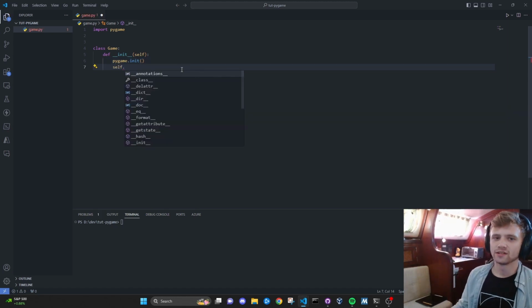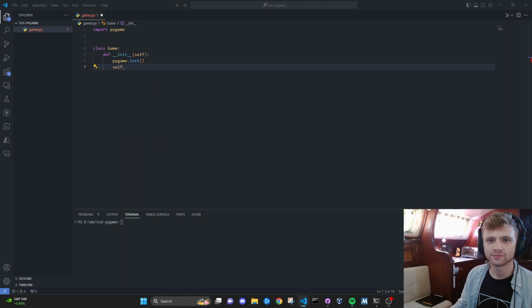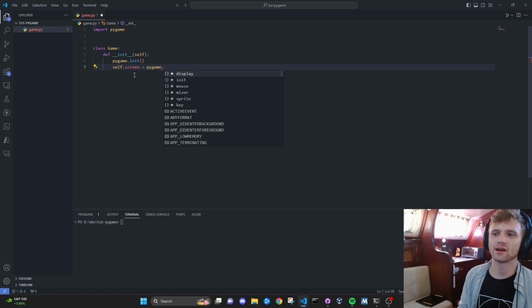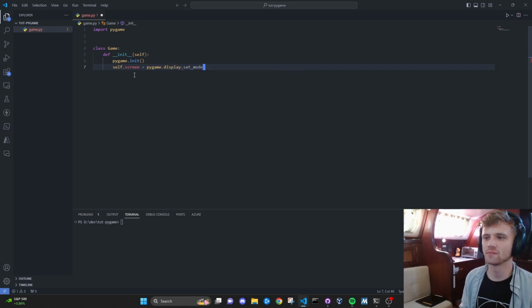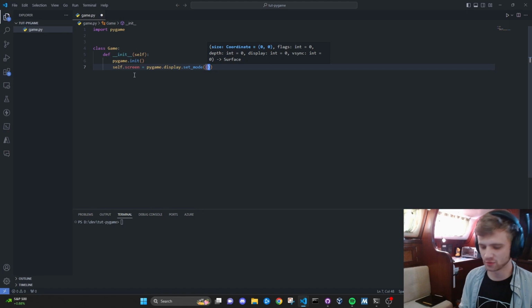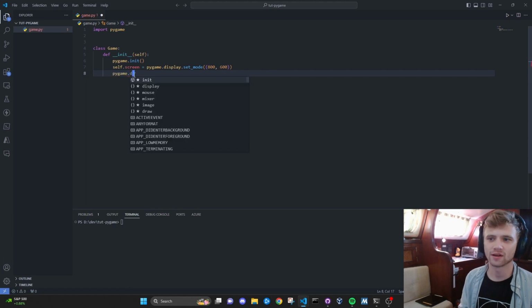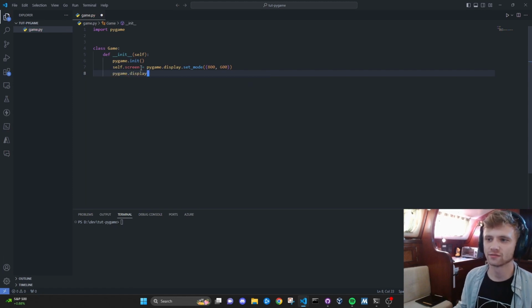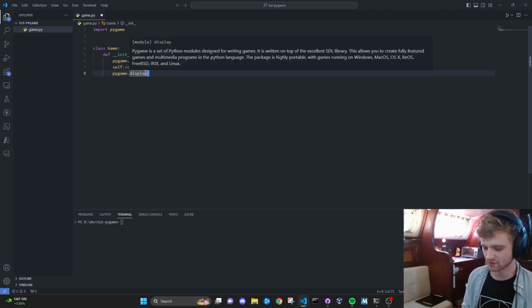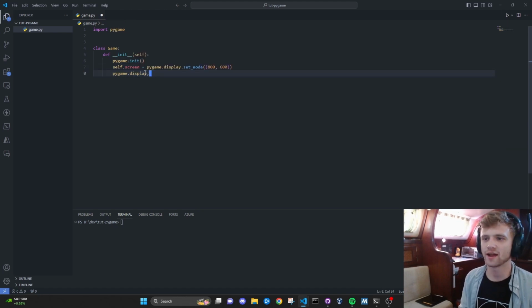And then we'll create the screen where we are going to use the display method of Pygame and the set mode. This only takes a tuple, so we're just going to go 800, 600 because I like that ratio. And then we will do pygame.display, which is a Pygame method, and we're going to set the caption to